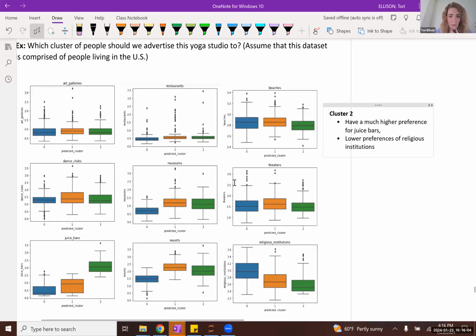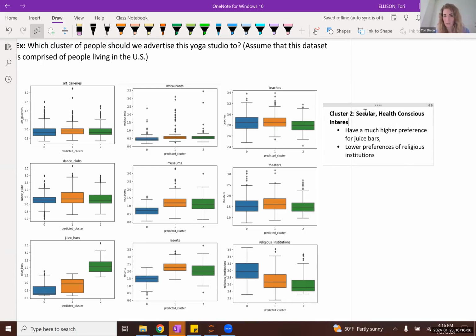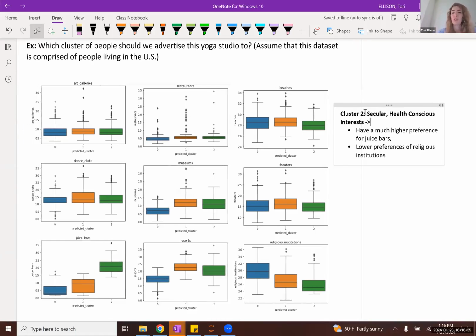And then they have higher preferences for museums, as well as resorts. So what this might be indicating about the type of people that are clustered into this cluster 2 is perhaps some indication of secular, health-conscious interests, let's just say. So it's possible you might take this analysis to an actual advertiser, someone who's more of a subject matter expert